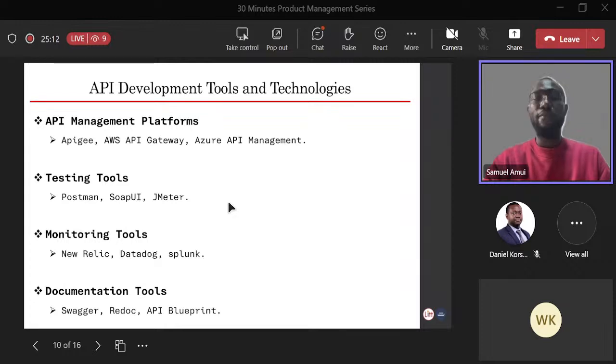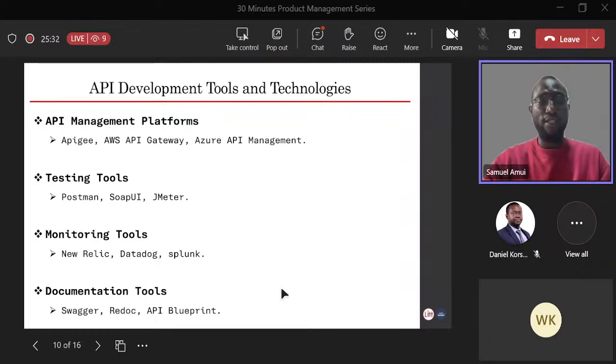Like I mentioned, when you are building your API, you have to make sure that you are testing it as part of the best practices. So you can use Postman to test, you can use SoapUI, you can use JMeter also. Some of the monitoring tools are New Relic, Datadog, and Splunk.